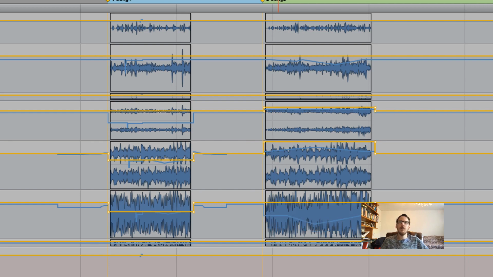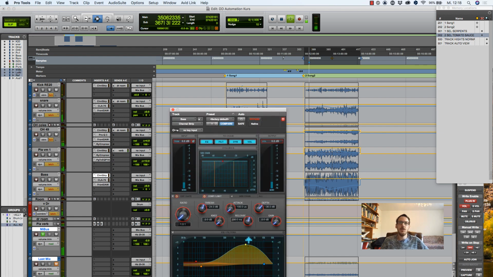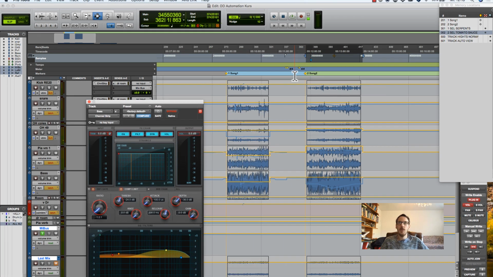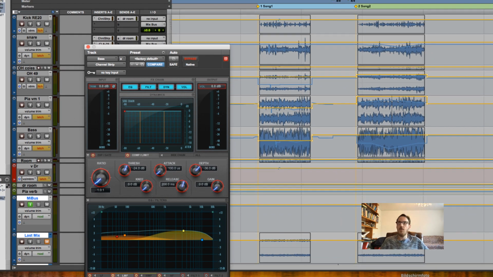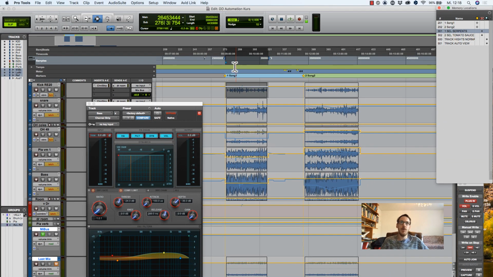And you can even do this with plugin automation. Let's say in that song you want to have a different EQ for your bass. Let's say we want to have this EQ for the bass, and it's done only for that song. Let's go to the first song. Here we go, engage dynamic transport. Let's say here we want to have another EQ,